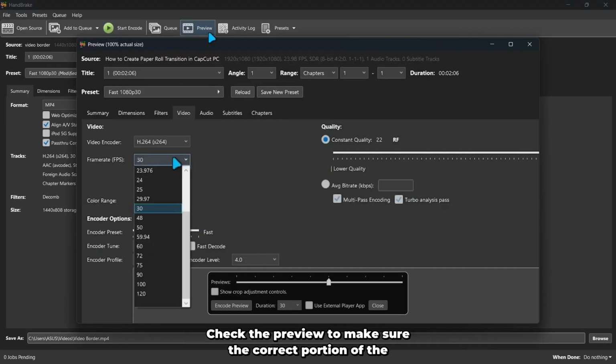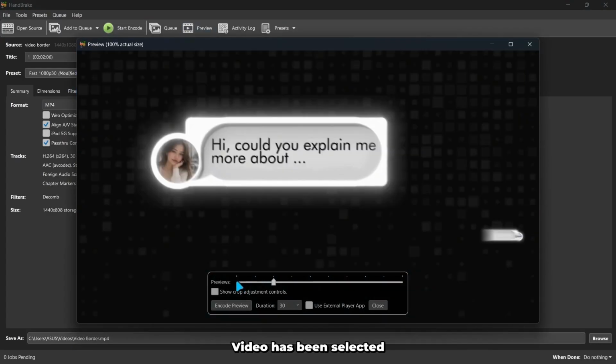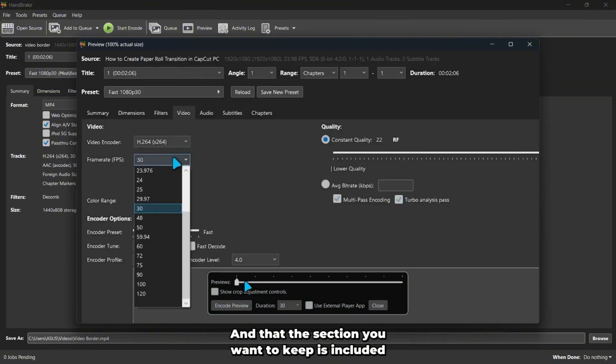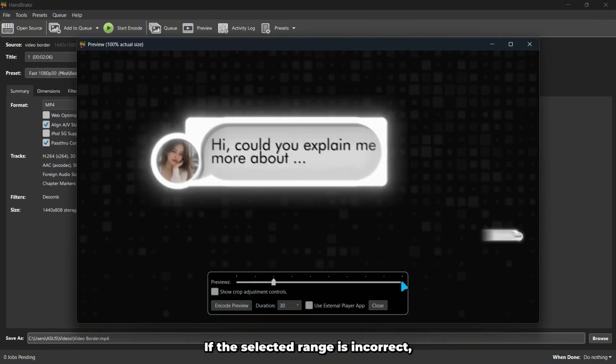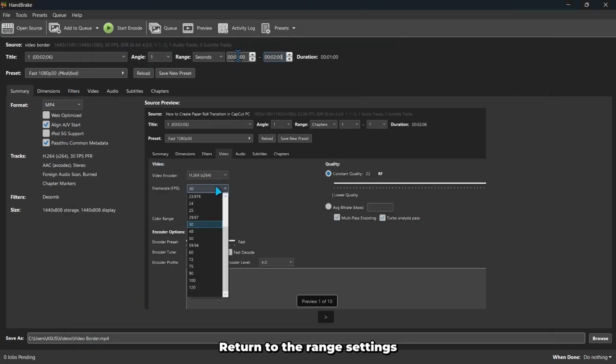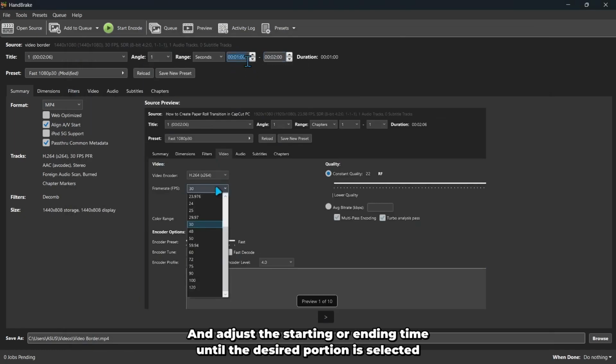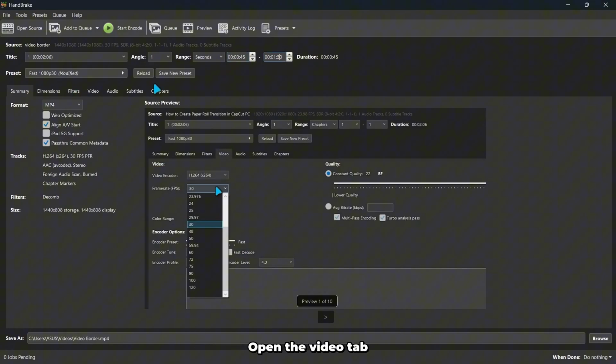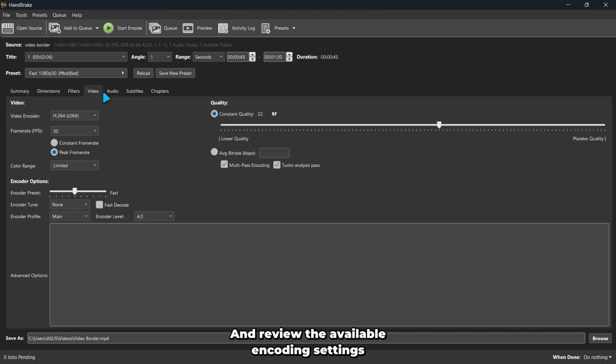Check the preview to make sure the correct portion of the video has been selected and that the section you want to keep is included. If the selected range is incorrect, return to the range settings and adjust the starting or ending time until the desired portion is selected. Once the correct section has been chosen, open the Video tab and review the available encoding